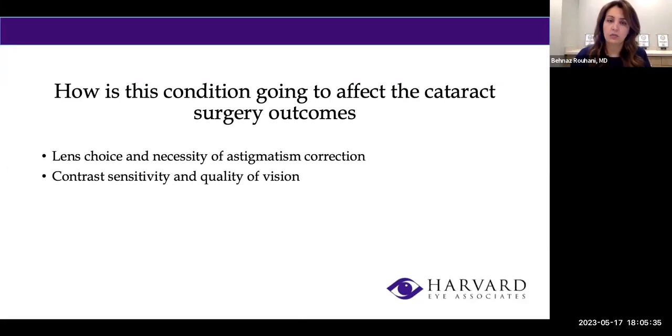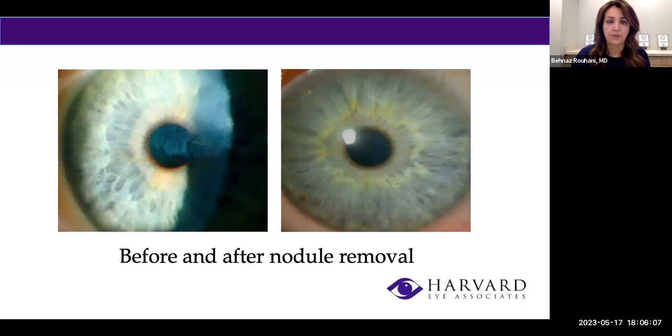So let's say we don't remove those and we do the cataract surgery and put in a lens implant. Sometimes it can give the patient almost 20/20 vision, but they're not happy because of the contrast, because of a lot of blur, because once the light hits those nodules, it scatters. And no matter how much the inside of the eye is now clean and clear, they are not happy with the quality of the vision. And that is one of the reasons that it's most likely not taken care of. And we can take care of that prior to surgery to improve the outcome.